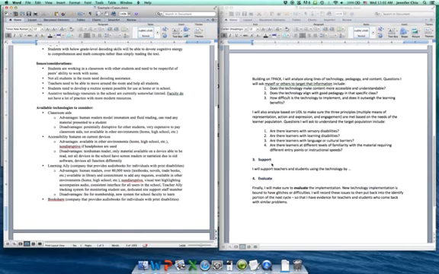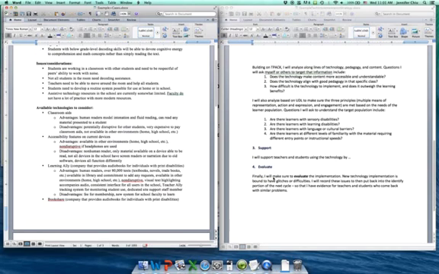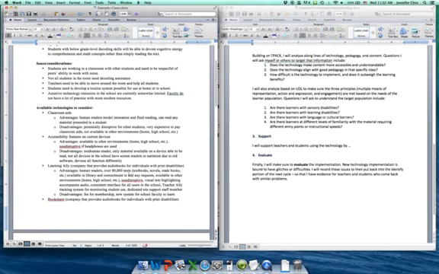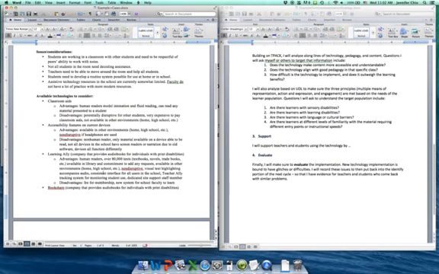And then whatever you put for how you are going to support teachers and students, just go ahead and apply it to the specific case. So the teacher, I choose to use Learning Ally, and I'm going to support the teacher and students by X, Y, and Z. And then I'm going to evaluate it. So put your evaluation plan to work. I'm going to help this person do the Learning Ally, and then I am going to follow up with